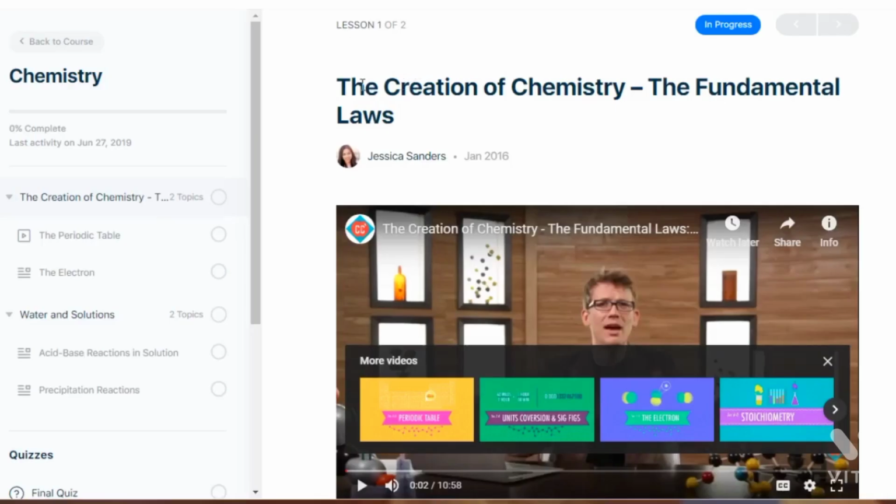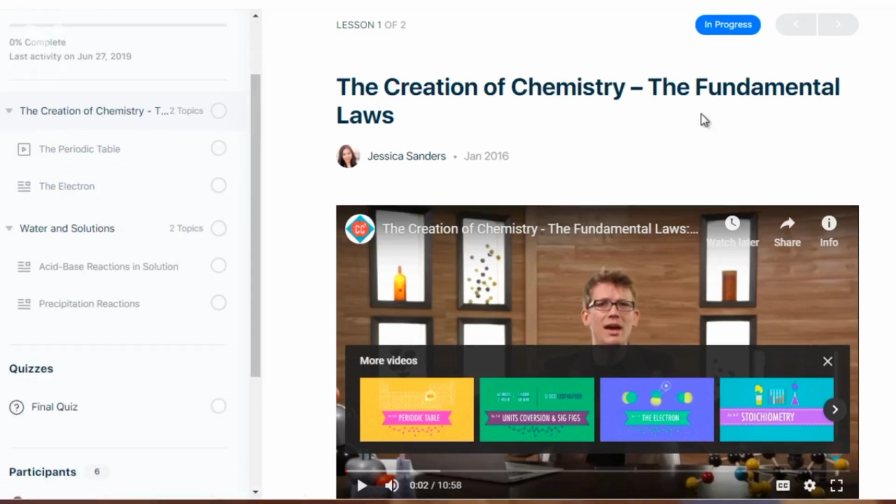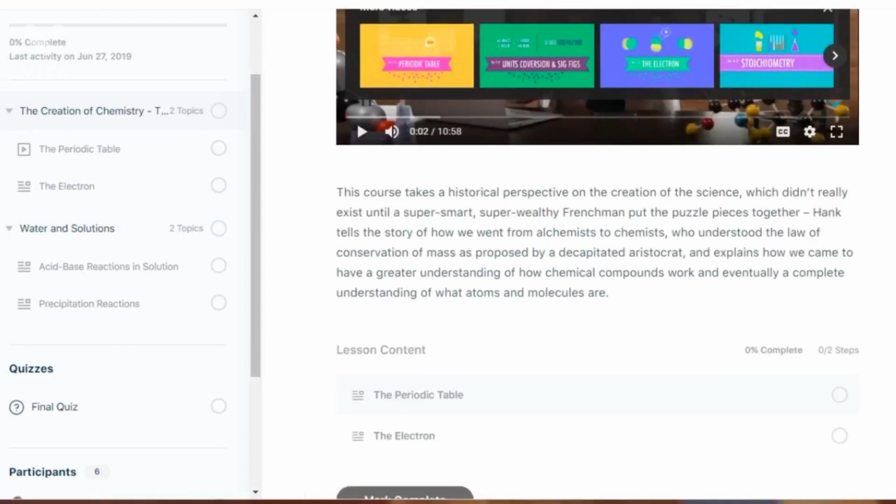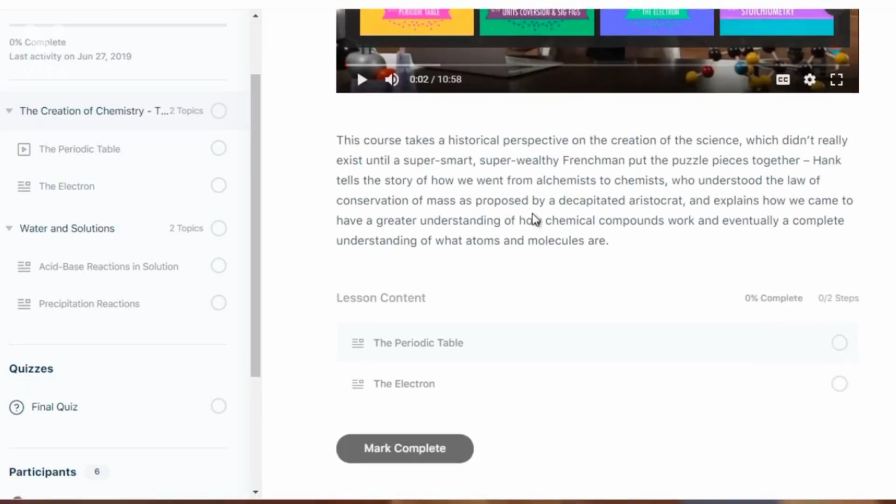Right here is inside of the chemistry course. And as you can see here, these are sections, and these sections are basically what we call lessons. And underneath the lessons, these right here are topics. So we got course here, we got lessons, and then we've got topics. So as we can see here, once you've watched the video, and you can upload your videos, like I said